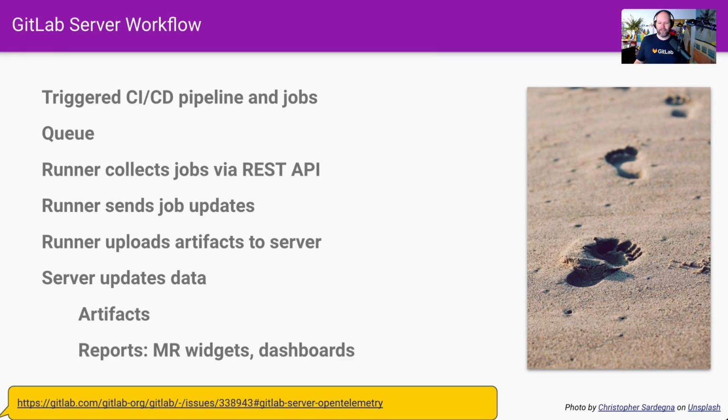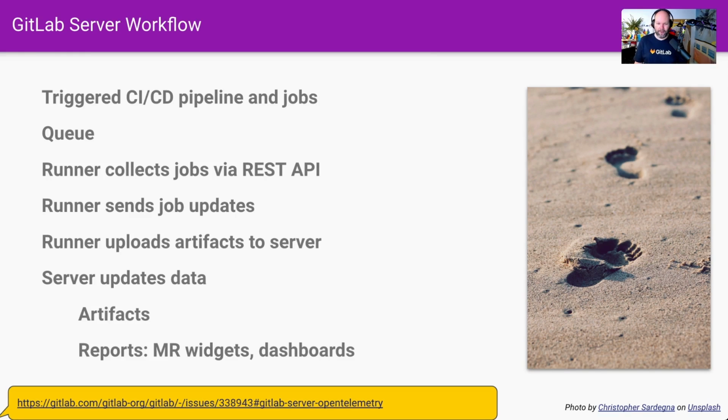Later on, it uploads the artifacts to the server, like a tarball or a binary package, or even a security report or something like that. The server updates the data in the backend, stores the artifacts, and also updates the dashboards, like vulnerability dashboards, merge request widgets, and so on. So there's a lot of things going on,